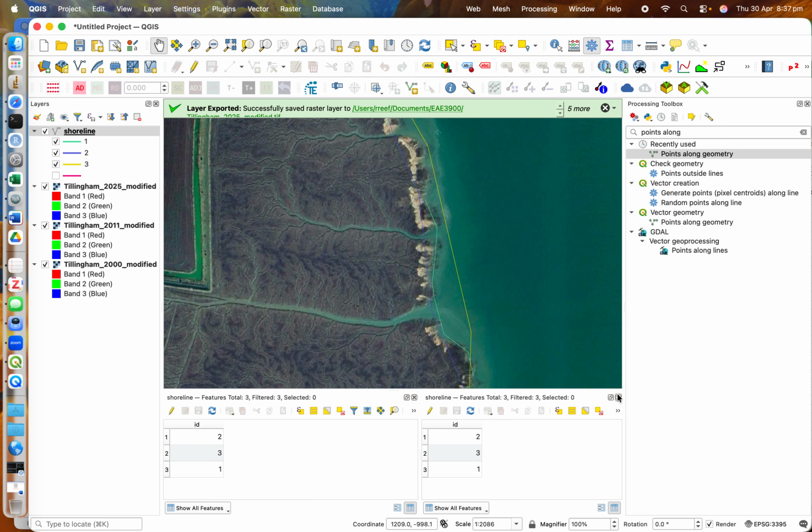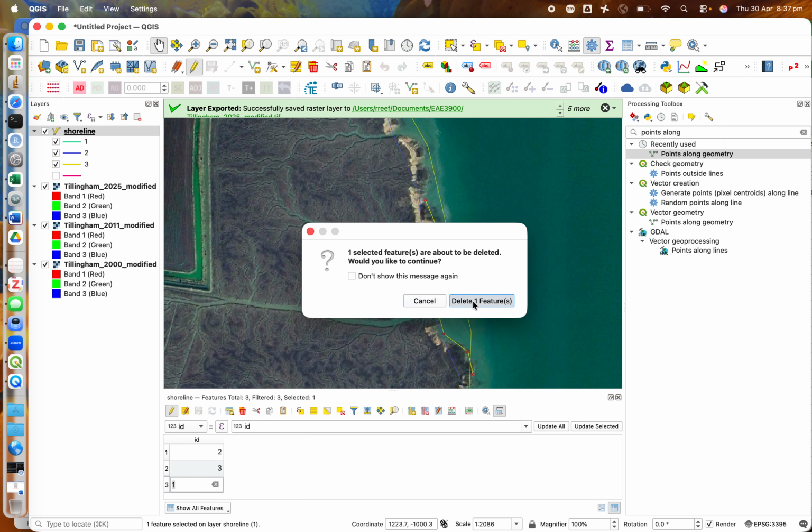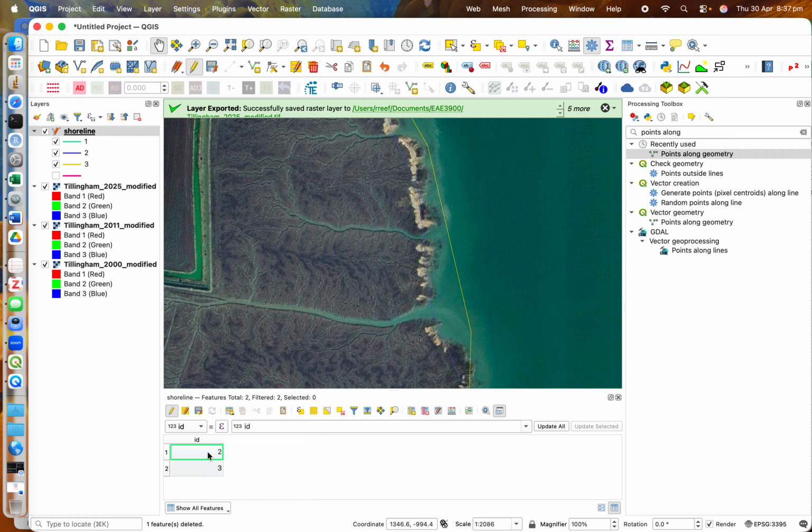So I'll close this one because I already have one open. Turn on my editing and select the lines. I don't need the middle layer in my case. So I'm deleting one feature, and then I'll just call them 1 and 2 just to make it simple, and save. So now I have only the first and the last lines,